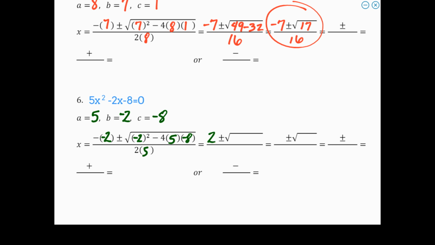So a -2 out front there becomes a +2, right? A -2 squared is a +4. So 4 plus 160